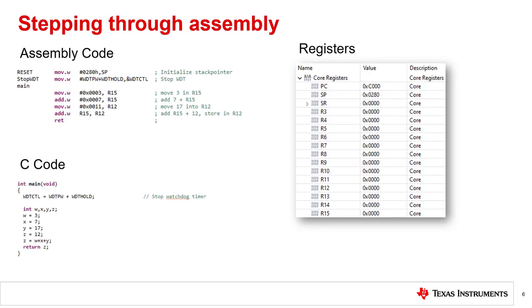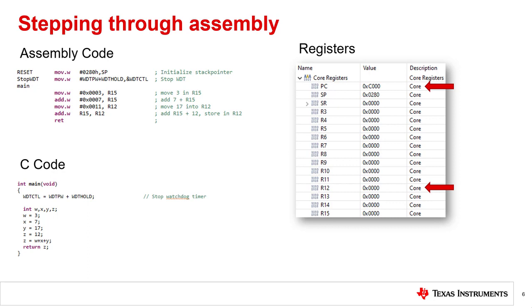Let's step through an assembly example and see the register changes. We will look at the core registers in this example. The first core register we will monitor is the program counter, labeled PC. The program counter tells you where in memory the code is being executed from. This is important when you are analyzing the memory. The second register we will watch is R12. R12 is a default register and has no special properties.